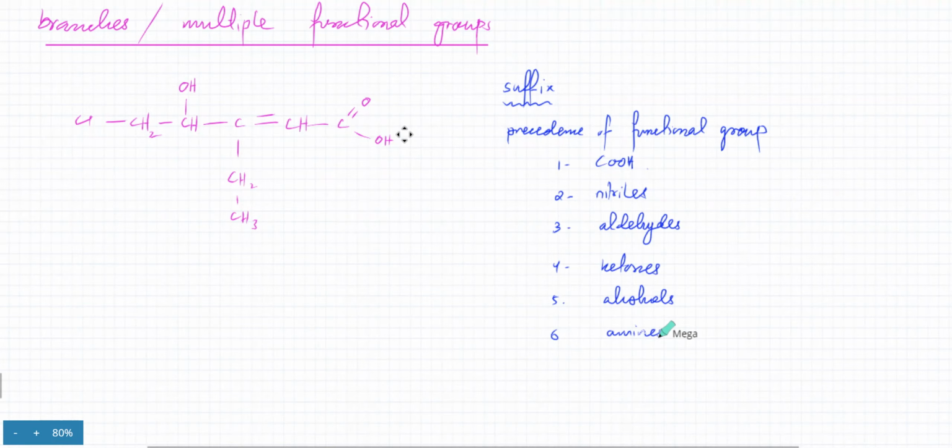And I said, then how would you number the groups? I mean, which side would you start counting from? The second thing is the most important group must be given the smallest number. Okay, that's the second rule. So this not only determines the suffix, but the other point is that the most important